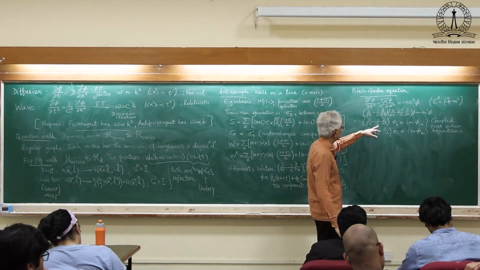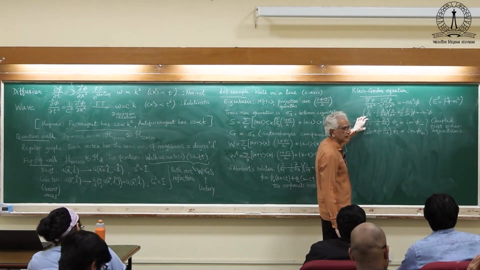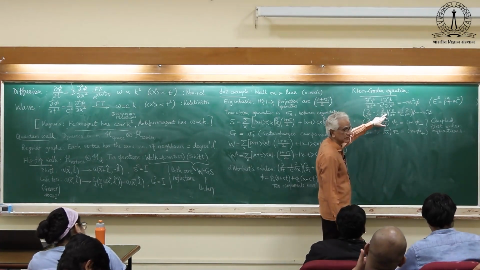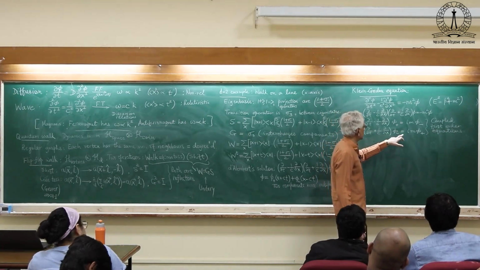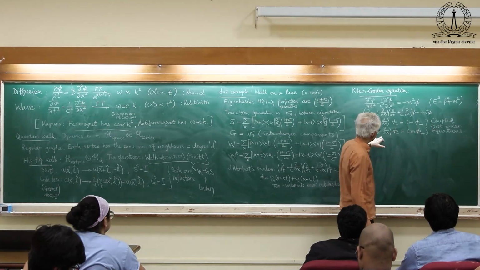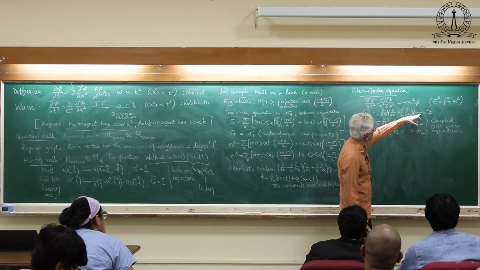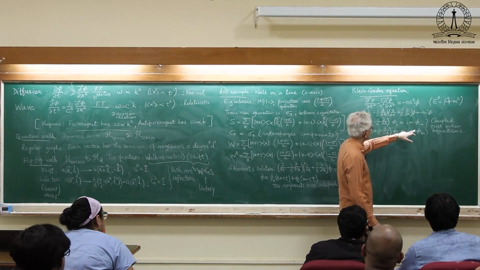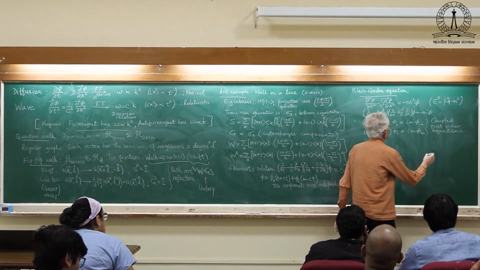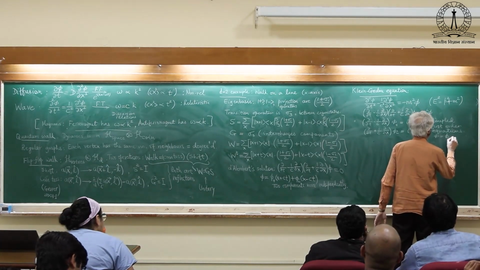It's very easy to check that they are equivalent. All I have to do is take this operator and apply it on this particular part. The left hand side will become exactly that, and on the right hand side I will get the derivative of this, which is equal to i m phi. i m gets squared to give minus m square, and then the equation will be completely in terms of phi plus. So with the notation phi is equal to phi plus.